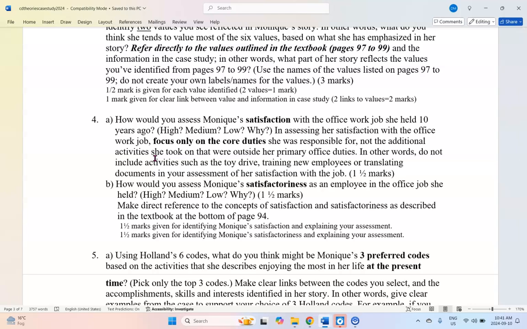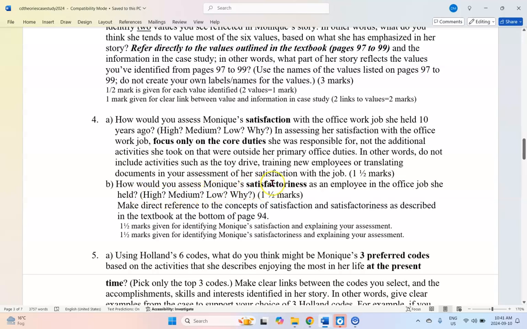So in other words, things like where she participated in managing the toy drive or training new employees or translating documents. Those were things that were all outside of her core job. So when you're rating her satisfaction with the office work job, focus only on the main duties that she was responsible for. So you get 1.5 marks for that, responding to that question, part A,